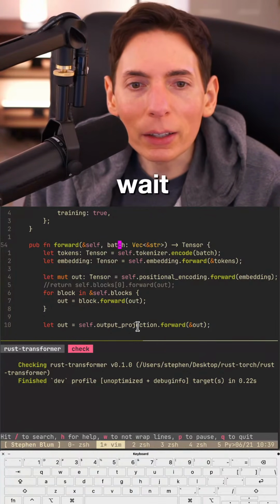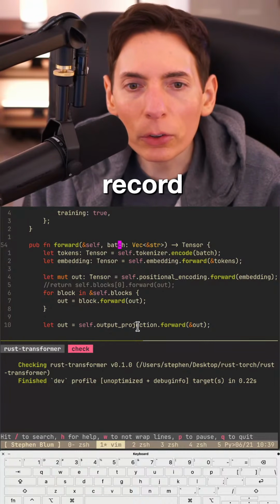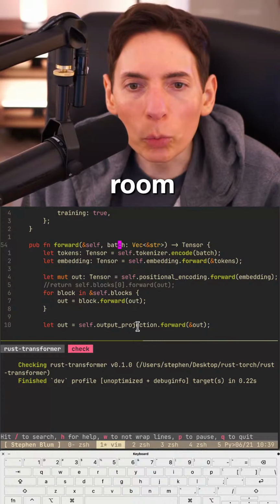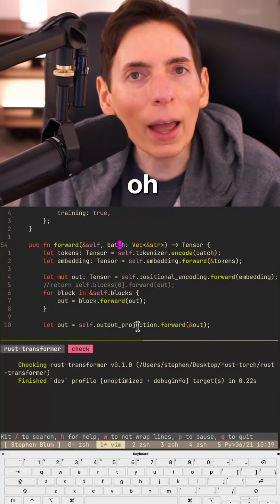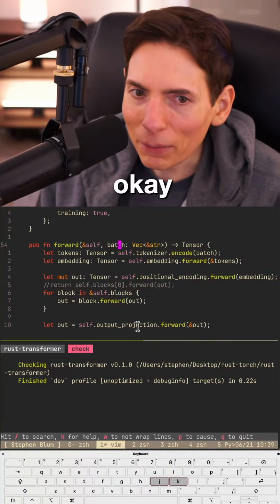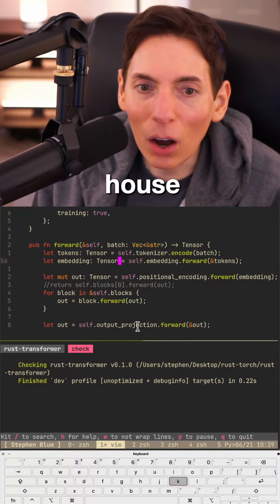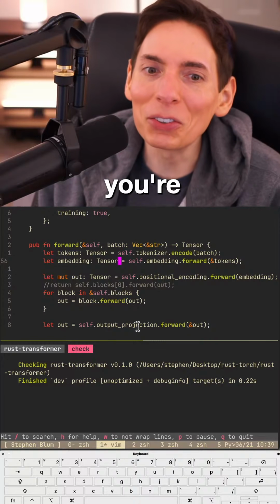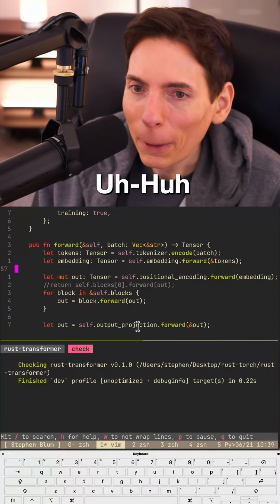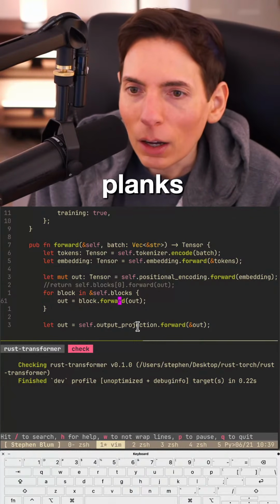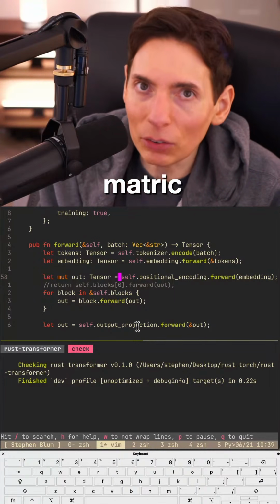Oh wait, so the app establishes an immutable record of a physical event. So, are you doing specific room temperature? Oh, no way. Squirrel Sniper. That sounds pretty interesting. Sounds like you're building a house. Oh, it does, right. 2x4, 4x8. I see what you're saying there. Those are sizes of wood planks, you guys. Wood planks. On our side, we're talking about matrices.